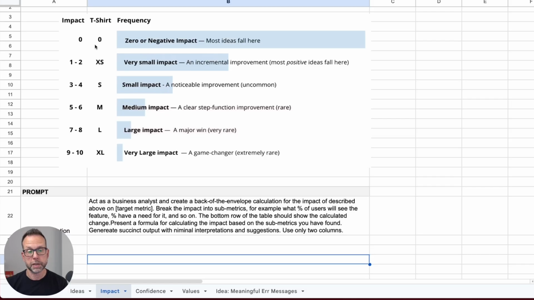So most ideas actually fall into the 0 category. Unfortunately, most ideas don't move the needle. That's based on research and statistics. And very few of our ideas are actually extra large. So 9s and 10s are very uncommon. That's why I've added also these blue bars to show you the frequency, because I see teams continuously give their ideas 8s, 9s, and 10s very generously. So that may be helping you form an opinion whether this is medium or large or a small idea.